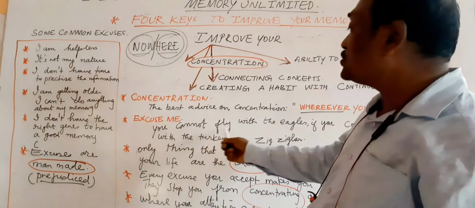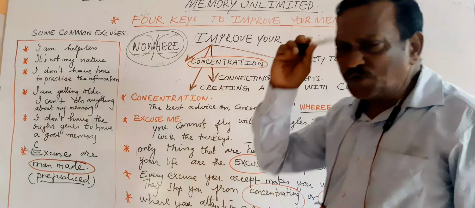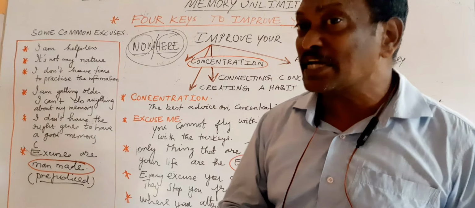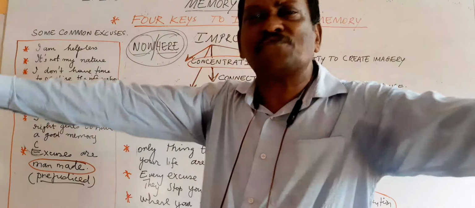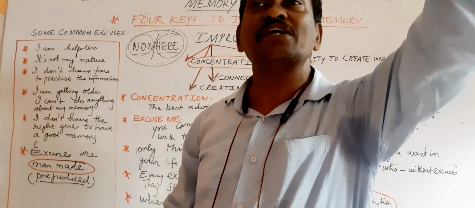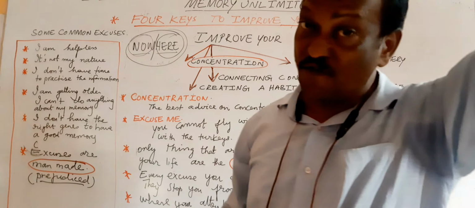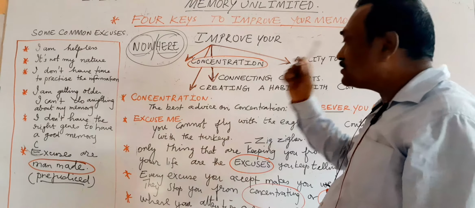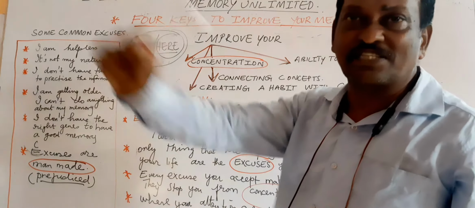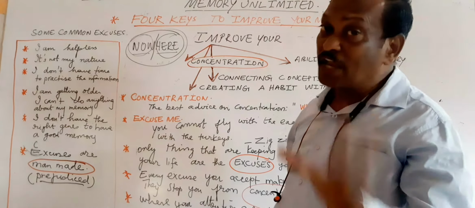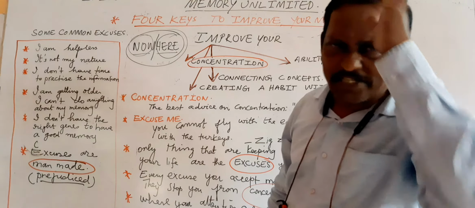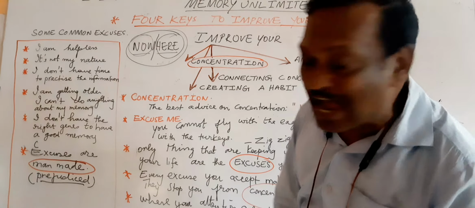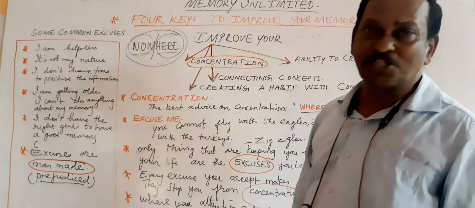Do not limit yourself. If you are like a turkey, you will be giving excuses. But if you are like an eagle, you will break away from the excuses and move higher and higher. Therefore, remember your identity. Remember your place of success. So, if you are aware of your identity, if you have a positive outlook of your identity, you will be like an eagle, not like a turkey or a small sparrow.